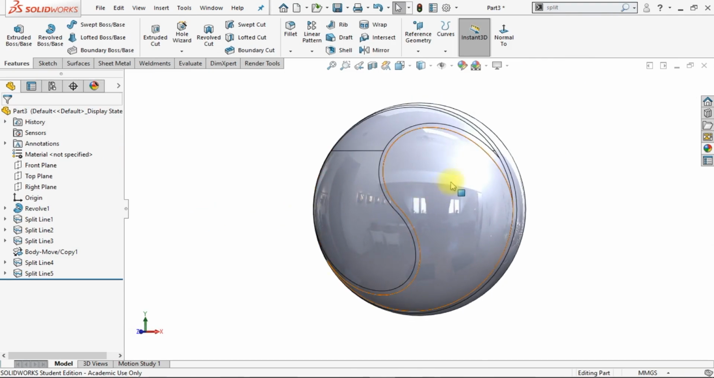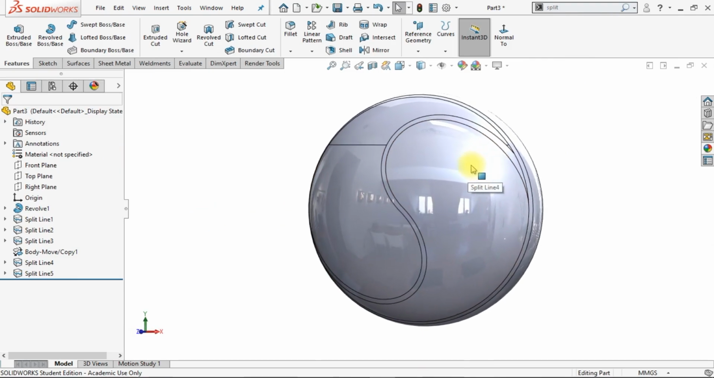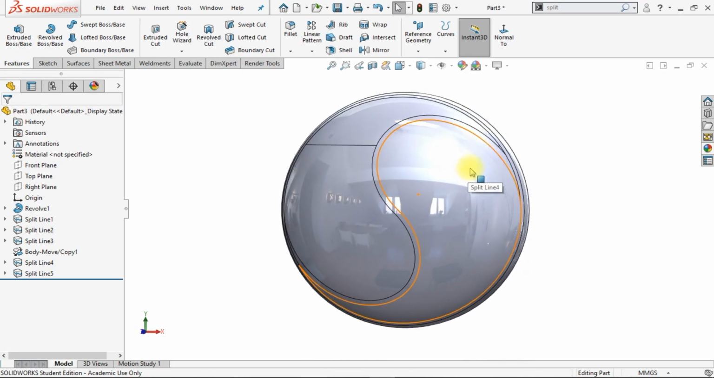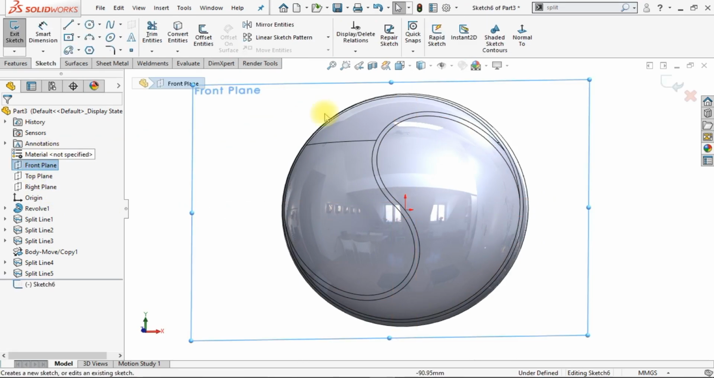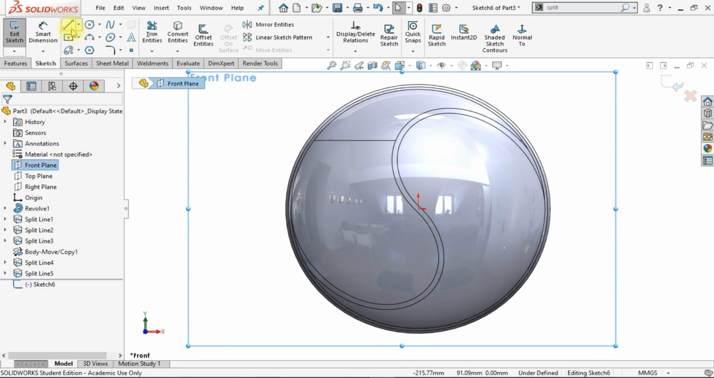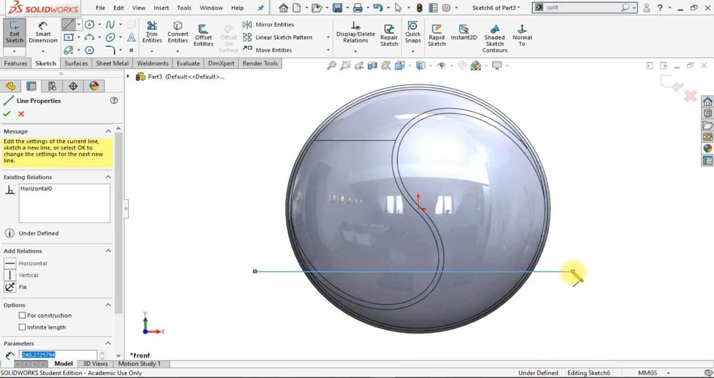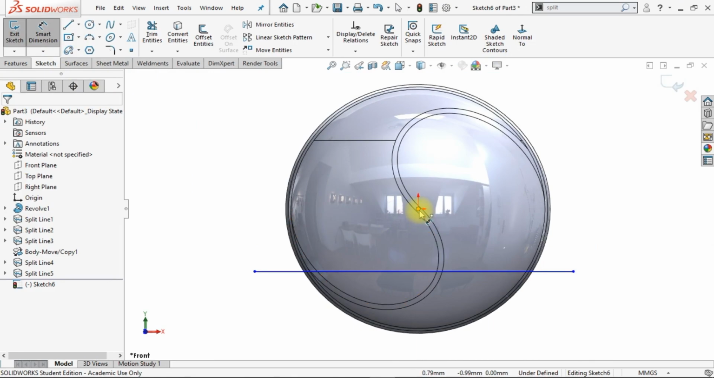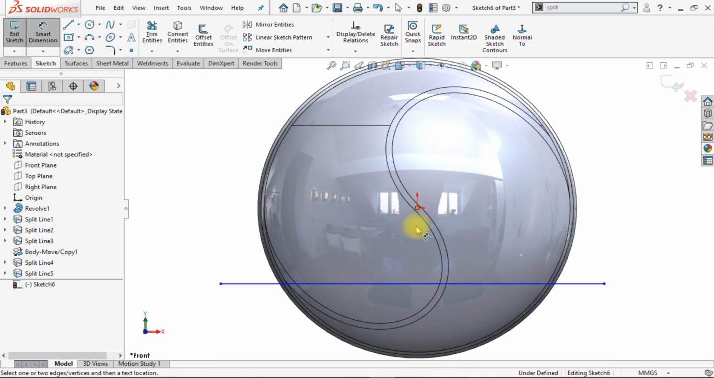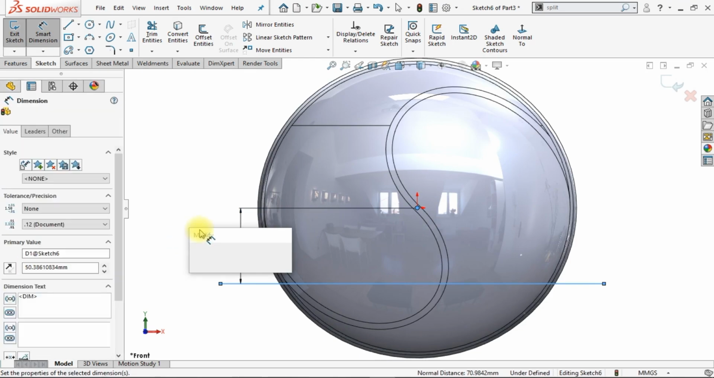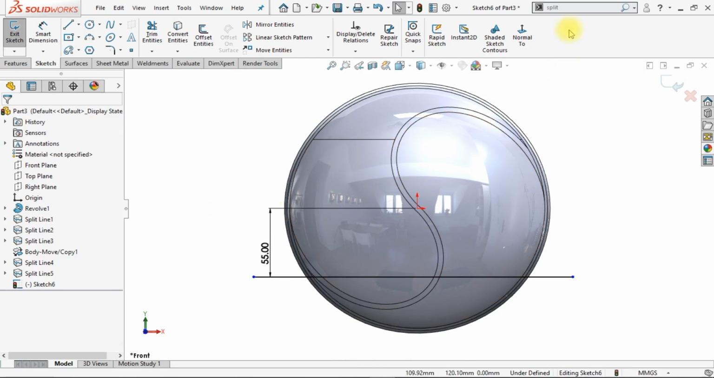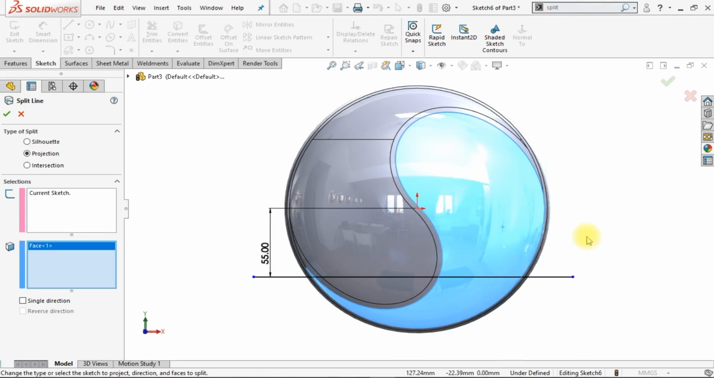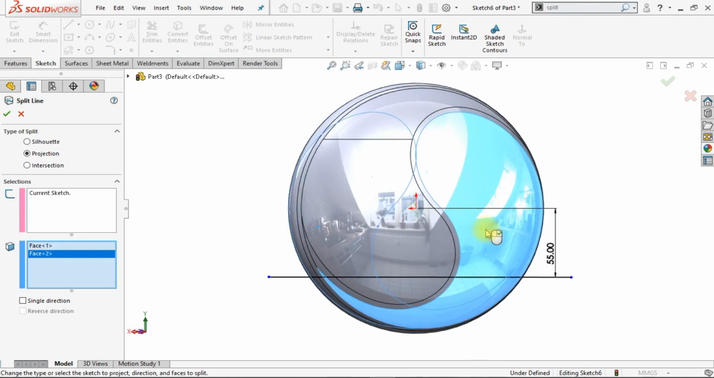And similarly, we need to split the face here. So make a horizontal line below the origin like this. Assign the vertical dimension 55, and use a split line, select this face and this face,